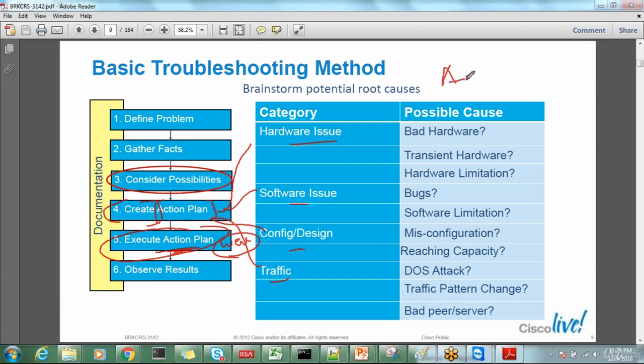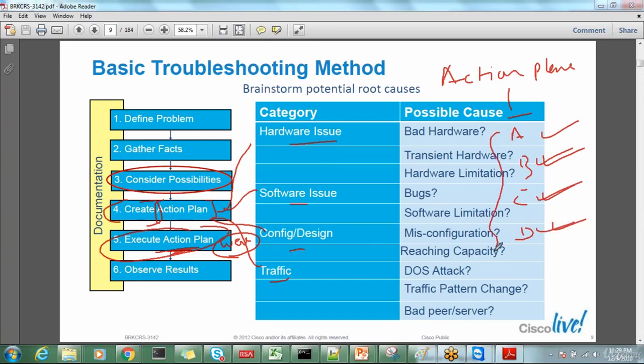Sometimes we even send the action plan to the customer. So these are action plans A, B, C or D. If A fails, we'll try B. If B fails, we'll try C. If C fails, we'll try D. If everything fails, then we'll die. So you must have all the plans, and you send the action plan to the customer, and according to that you do the troubleshooting with respect to all these four categories, and then you have to observe the result. So suppose you identify the problem,